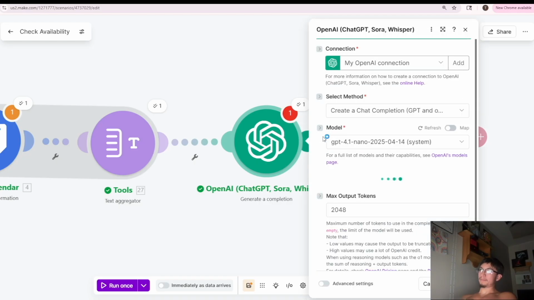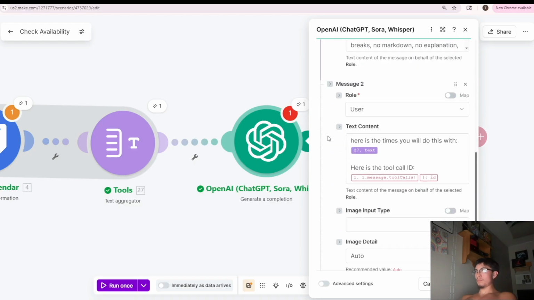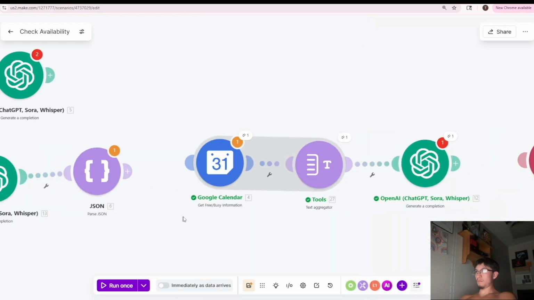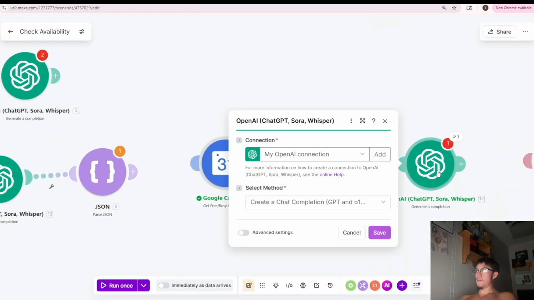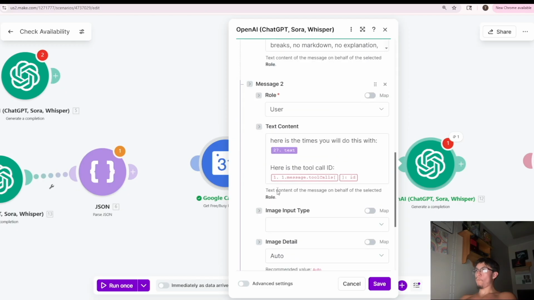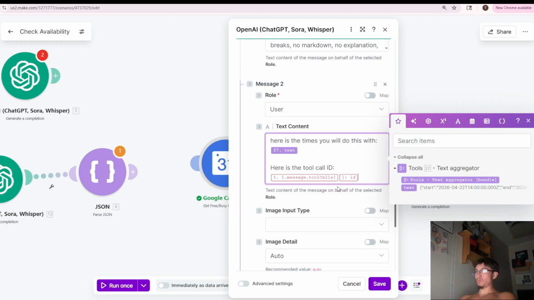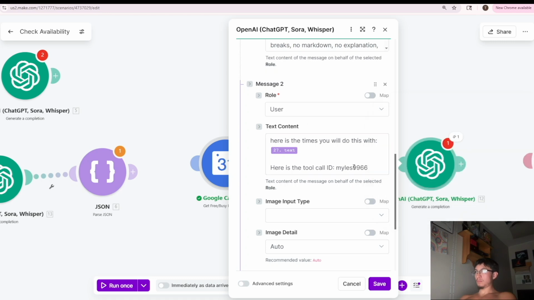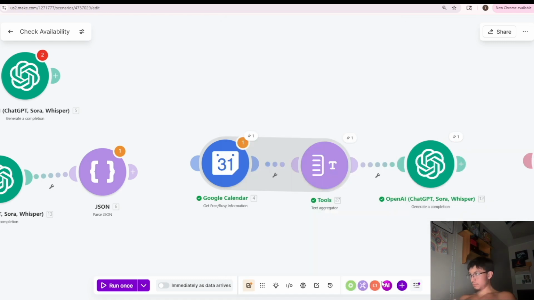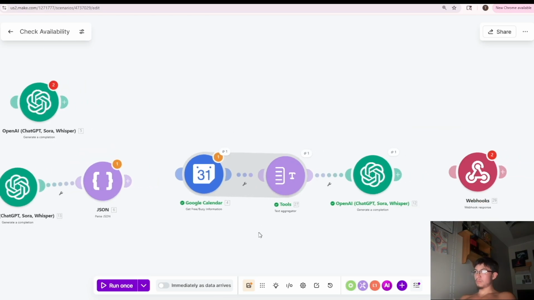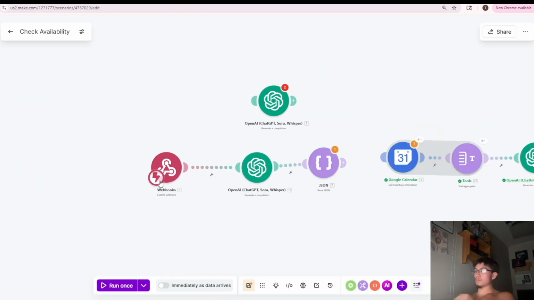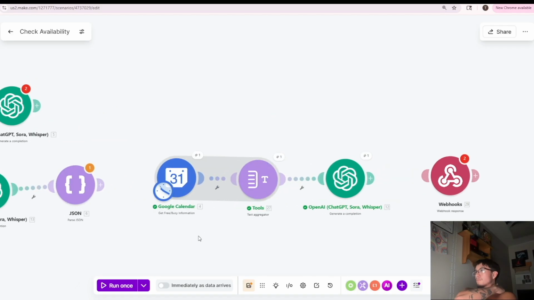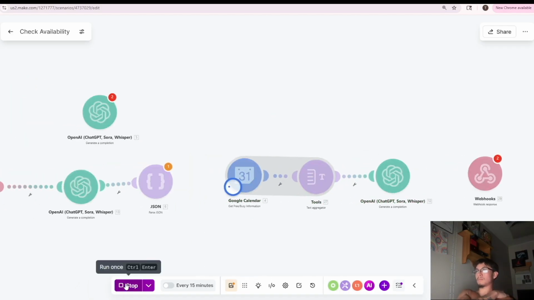So I'm going to open this up, and just for testing purposes, because we disconnected the entire automation right here, it's complaining that it can't reach the tool call ID module, right? You guys can see it's not filled in anymore because we disconnected it, rightfully so, right? So I'm going to give it a fake one. I'm just going to say Miles9966, just a placeholder to see if ChatGPT is doing its job. Now I'm going to click save, and I'm going to tell Make.com to start the automation here, just like we did before, right? I'm going to drag this, put it in here, and now if we click run once and let it run its thing,